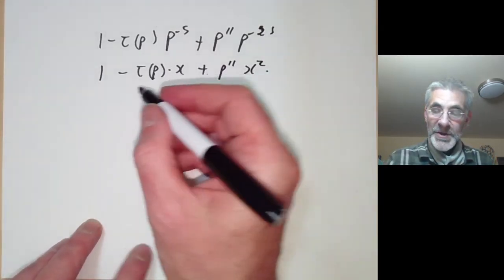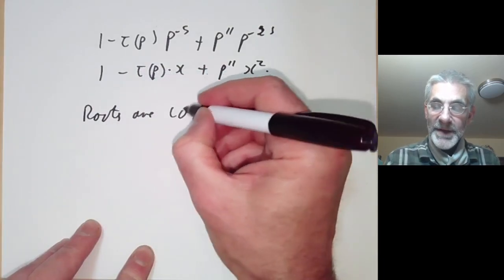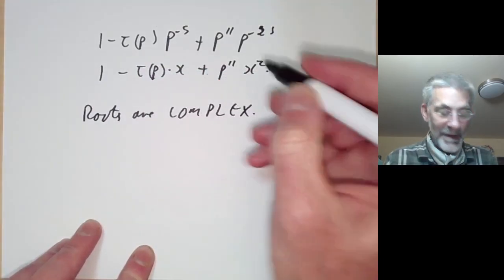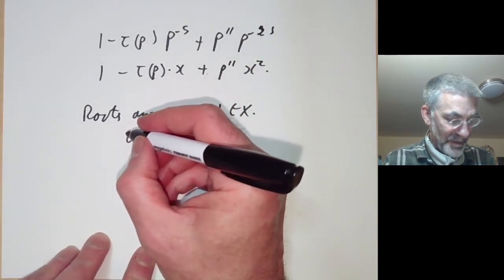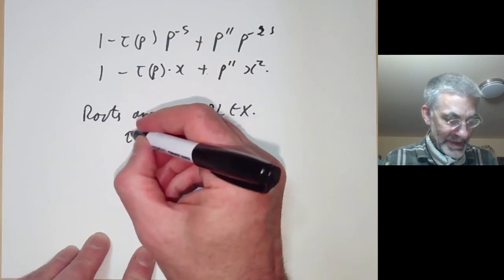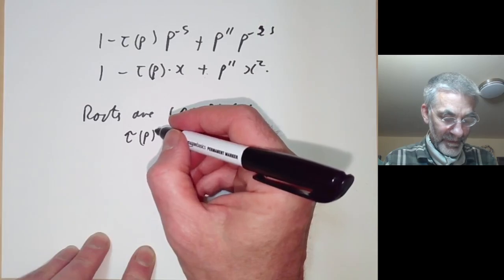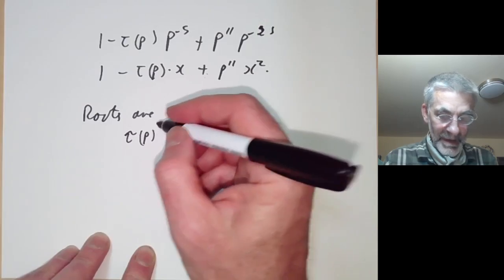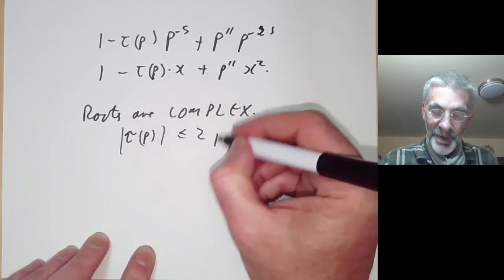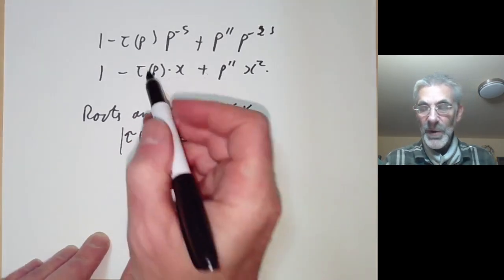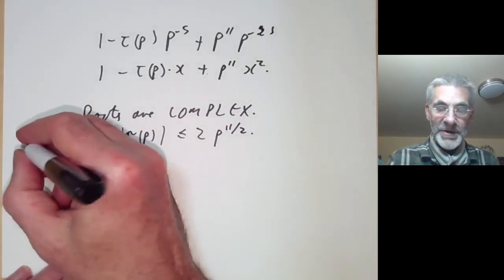And Ramanujan conjectured that the roots of this are complex. They're complex conjugates. This is equivalent to saying that the absolute value of tau of p is less than or equal to 2 times p to the 11 over 2, if you work out the condition for the roots of this to be complex. So this is the Ramanujan conjecture,